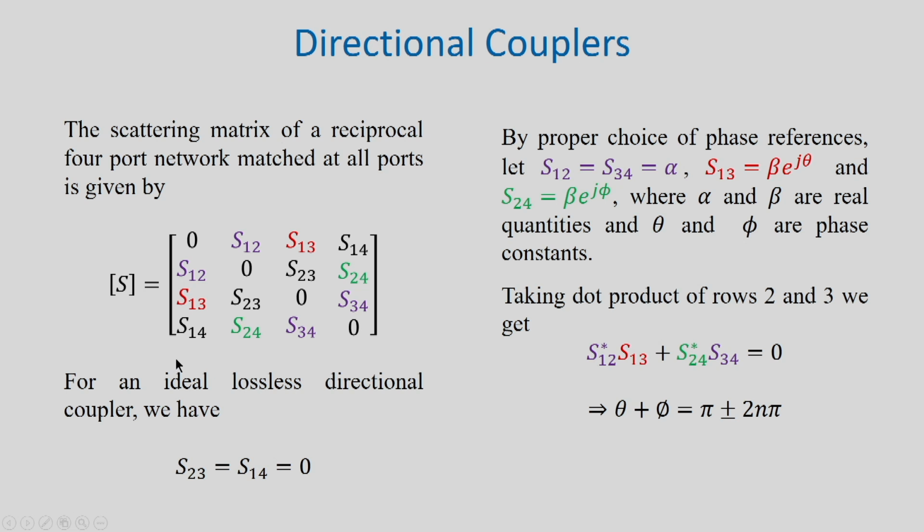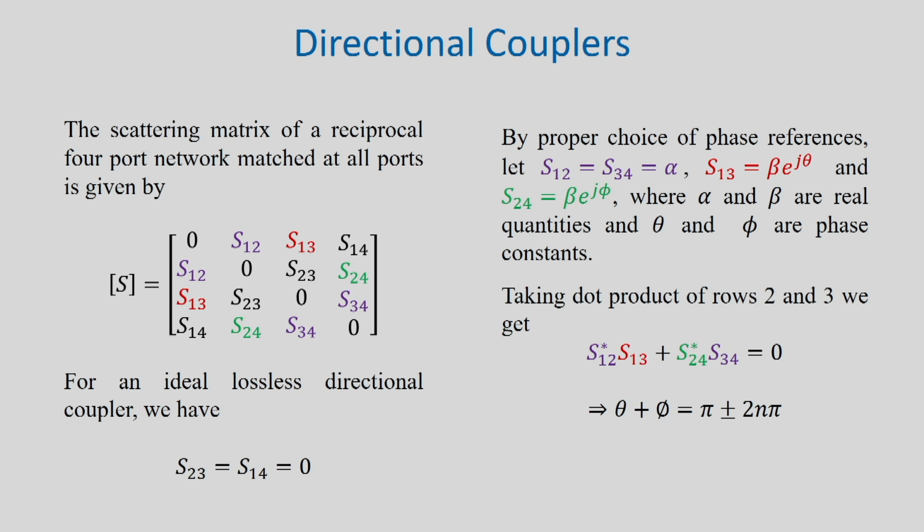And if we now substitute these values, S12 conjugate will be alpha, S13 will be beta e to the power j theta. So, this term will be alpha beta e to the power j theta. S24 conjugate will be beta e to the power minus j phi, and S34 is alpha. So, it is alpha beta e to the power minus j phi, and therefore,